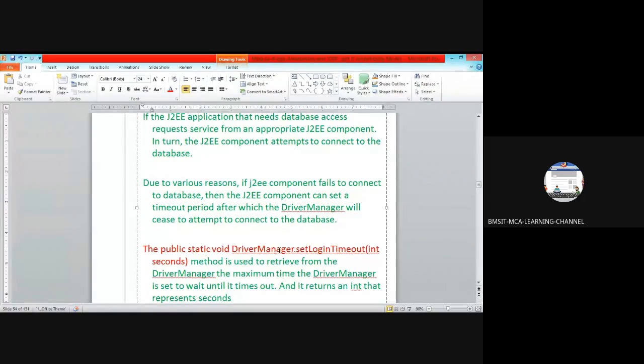If it is too long, there is performance degradation for other users, because the J2EE environment is distributed. Multiple clients access your application and interact with your database. So you can explicitly set the login timeout in seconds.